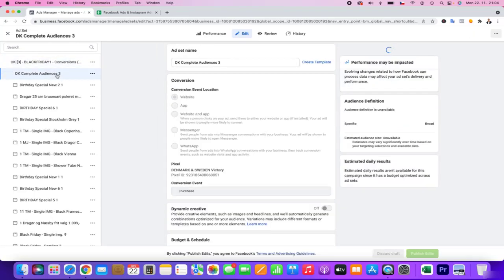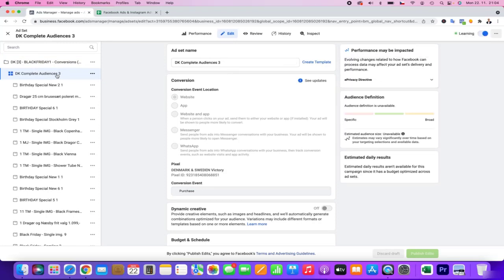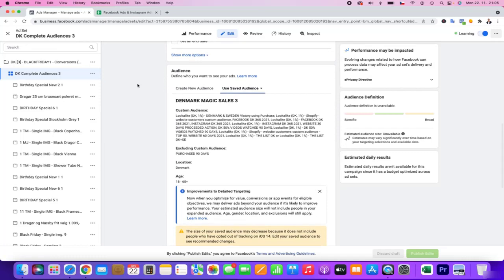Basically, I call it the complete audience, and Facebook is filled with a lot of information: lookalike from purchase, lookalike from Shopify customers, Facebook retargeting, lookalike Facebook, Instagram retargeting, lookalike Instagram, website 30 days if people did an action like add to cart or view content, people who watched the videos, lookalike from people who watched at least 50% of the videos, and also visitors of 60 days, and the lookalike from a list of all customers.